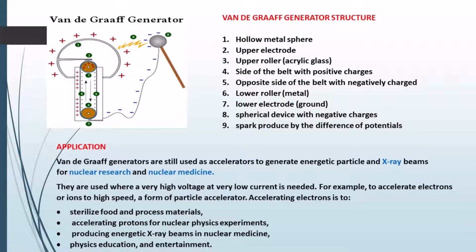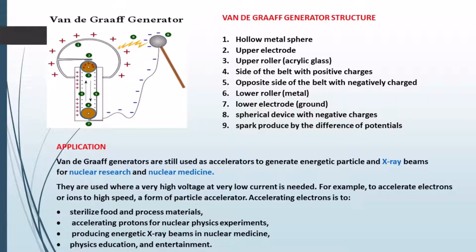As you can see, there are 9 structures of the Van de Graaff generator. There is a hollow metal sphere, upper electrode, upper roller, side of the belt with positive charge, opposite side of the belt with negative charge, lower roller, lower electrode, spherical device with negative charge, and spark produced by the difference of